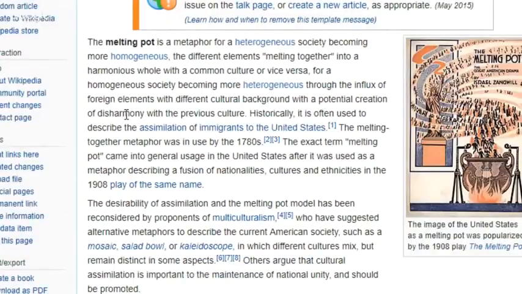Through the influx of foreign elements with different cultural backgrounds, with the potential creation of disharmony with the previous culture. Historically, it is often used to describe the assimilation of immigrants to the United States. See? So this is why America is known as Babylon the Great. But when you go back to the beginning, matter of fact, before I read that,